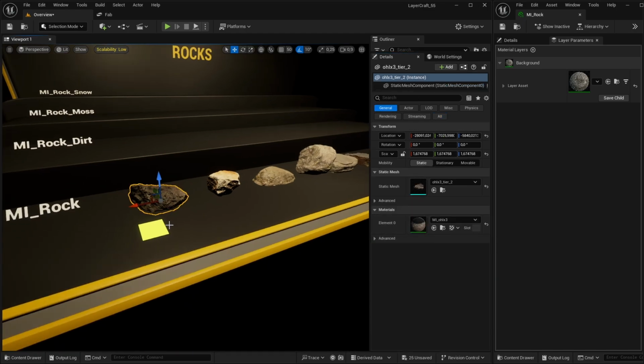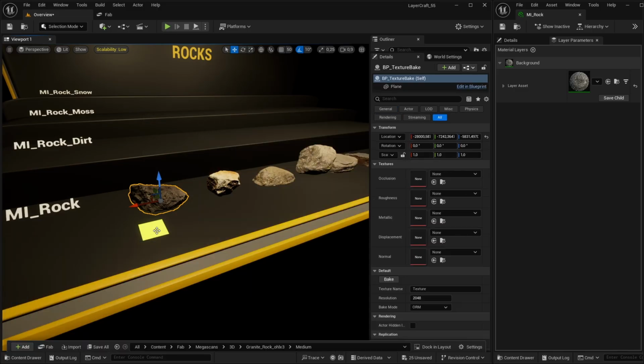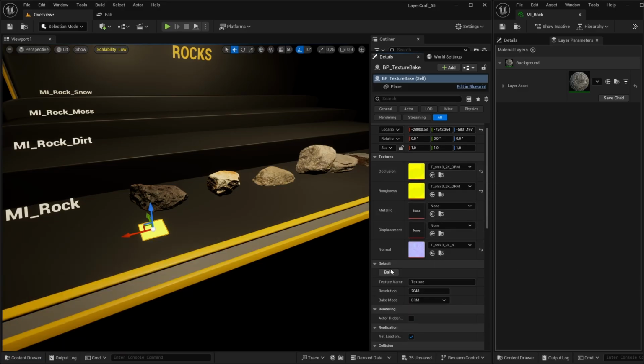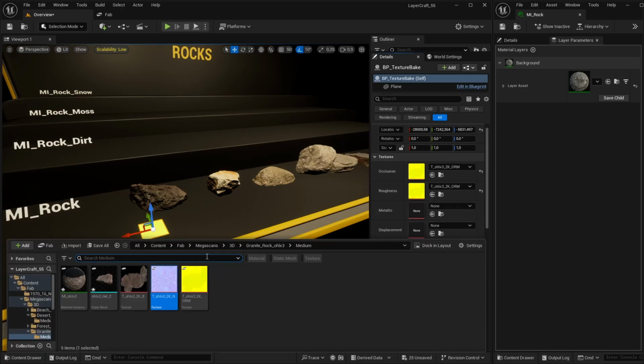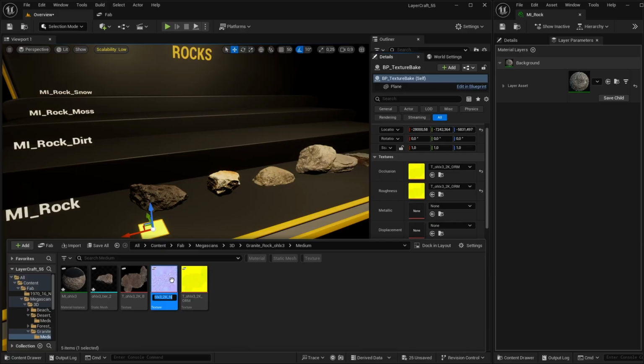So I will just select the existing textures. So this is my ORM texture. I will just place them into the occlusion and roughness channels in my blueprint and the normal to the normal. And I will just use the same name for a consistent workflow. I will just copy the name,